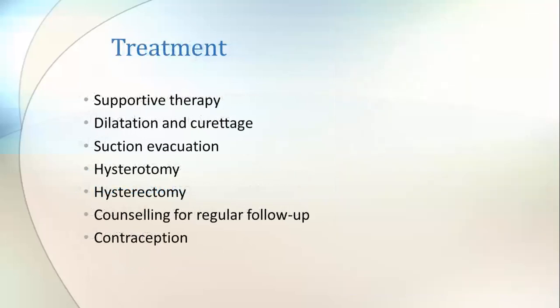Now, treatment. So you have seen all the symptoms, signs, and investigations. Now the last is you should counsel the patient regarding the condition and the treatment to be taken. What you will do: directly, you will not take the patient to the OT, but supportive treatment should be given because the patient is bleeding and is in hypovolemic condition. So give her IV fluids. Then antibiotics, because she may be in sepsis. And later on, blood transfusion if her hemoglobin level is less than 7.